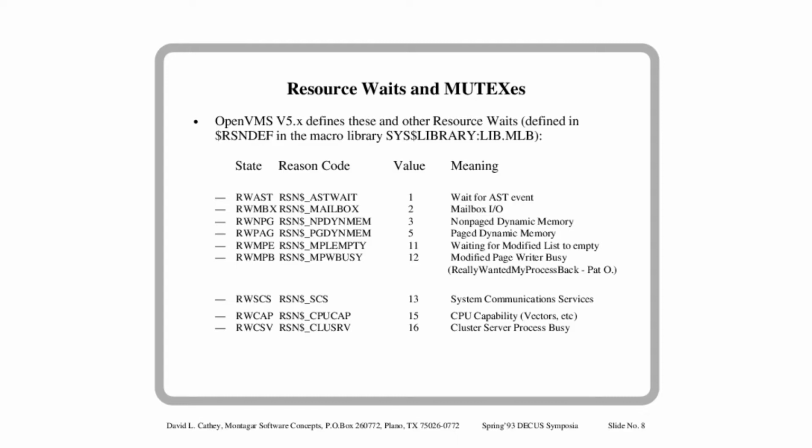Also, RWMPB, Patrick O'Malley likes to call this, "really wanted my process back." And boy, that's the truth. If you have a modified page list which is too small, MPW_HILIMIT, you can raise that along with a high or wait limit in order to give yourself more modified page list. If your modified page list is too small, you'll start to see some or several processes go into this state,